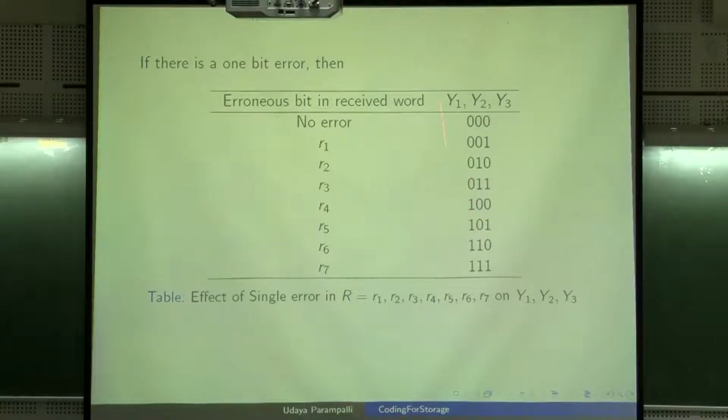Now look at the binary representation of these things: precisely 0 means no error, then 1, 2, 3, 4, 5, 6, 7. It exactly tells you the 7th bit is in error, or the 6th bit is in error. He arranged all this such that when you recompute it,